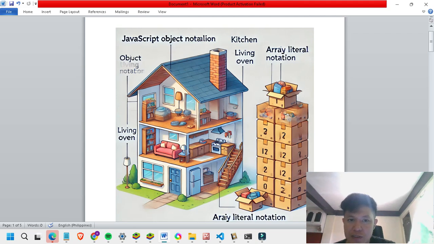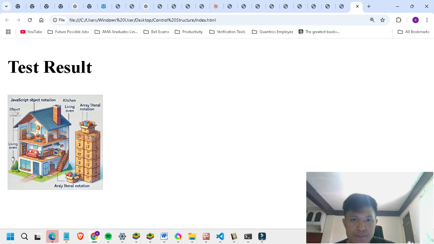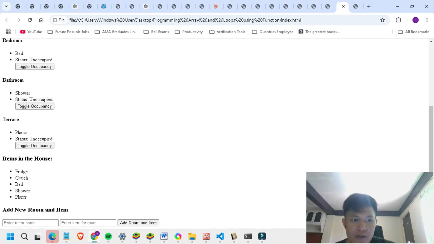So we use an object if we don't care about the order in which we put the items inside the house. Let's say you want to put this item, fridge, couch, bed, shower,